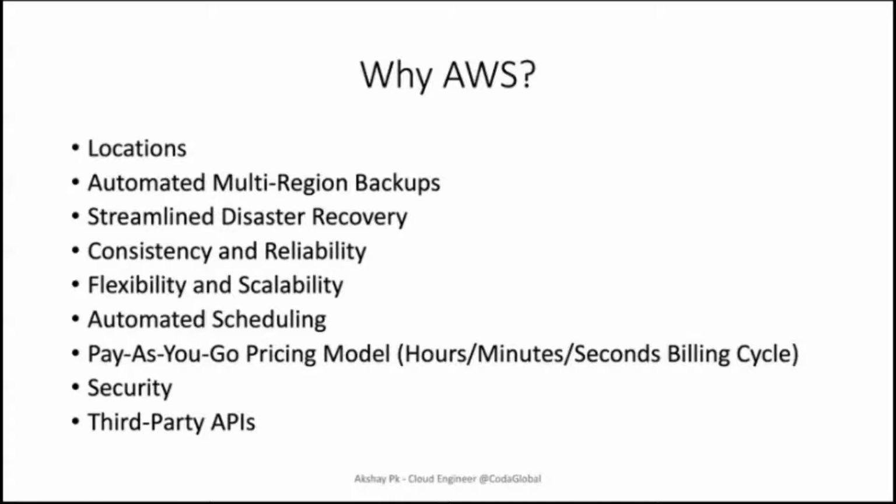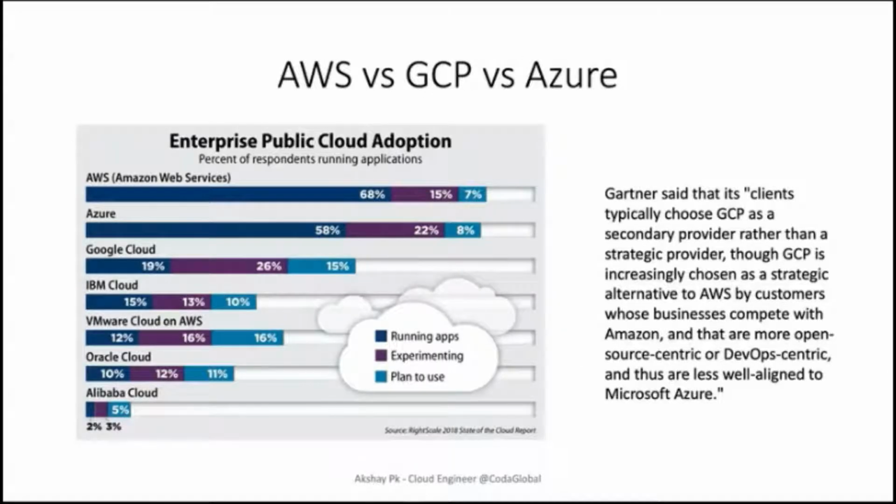And from an understanding point of view, for myself, I have found it much more familiar to start off with AWS and then go on to other cloud platforms like GCP or Azure or Oracle Cloud and understand them in much more detail, because this guy has been in the industry for a really long time. Right? So when you do a comparison between AWS, GCP, and Azure, you can see over here that 68% of production applications are running on AWS, you have 58% of applications running on Azure, and then you have 19% of applications running on Google Cloud Platform. So this is from 2018, this particular screenshot. So you can go ahead and search on Google as to what's the current percentage of applications that's running on these platforms, right? So Gartner has, he's a person who mentions this.